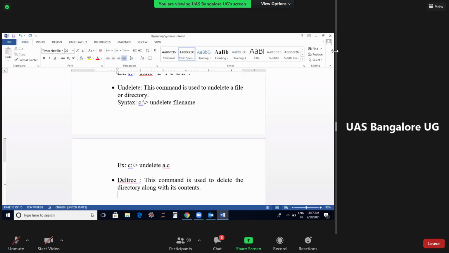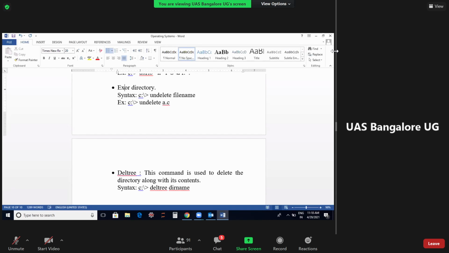Whenever you need to delete a particular directory along with its content, at that time you will be using deltree. So the syntax is C colon deltree dir name.